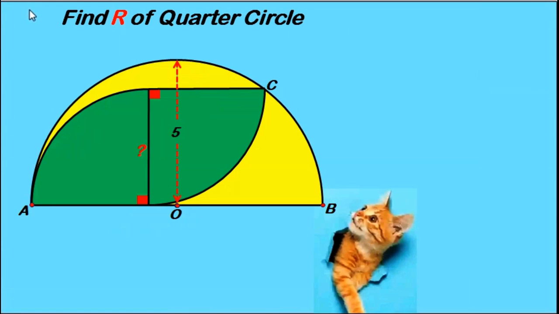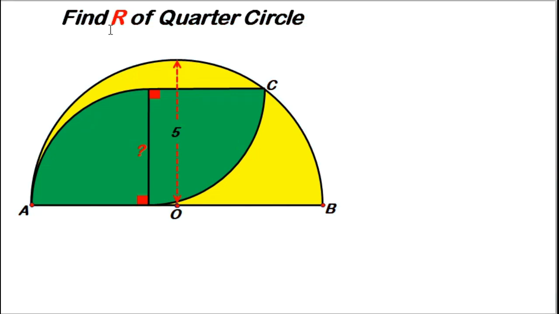Now today we want to start with this simple geometry problem. So you've been given two inscribed quarter circles and the yellow semicircle. Then you've been told to find the radius r of the quarter circle. So if we transfer this problem to the whiteboard, now to find the radius r of the quarter circle, then